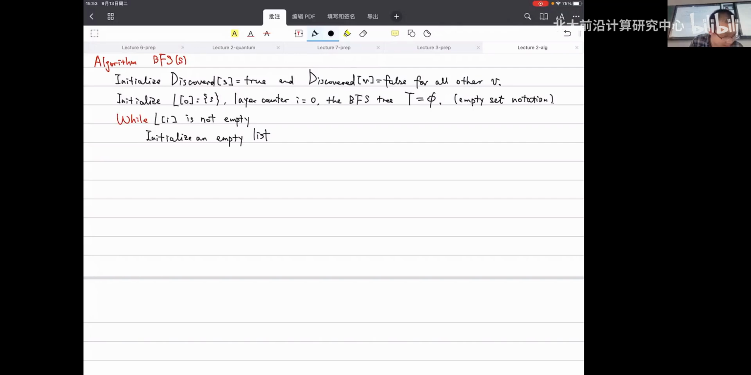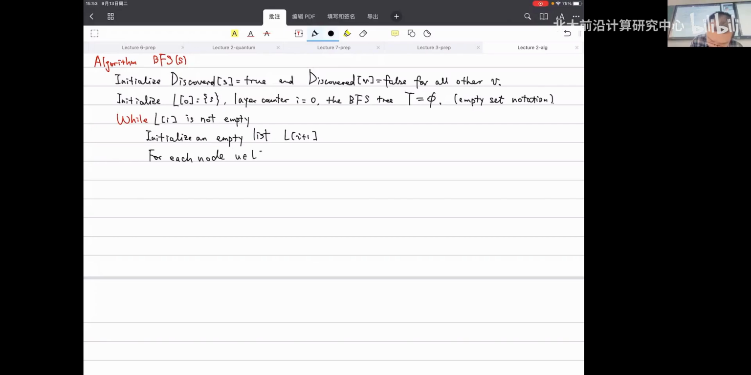Sorry, an empty list L plus 1. And the next thing that we are going to do is that we need to create the next level. So basically we just try all the current nodes in the L1 here. So we just, for each node